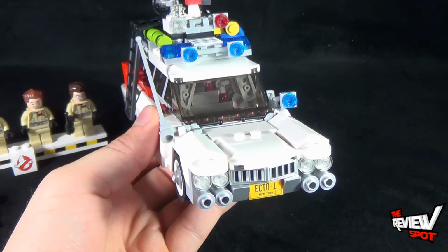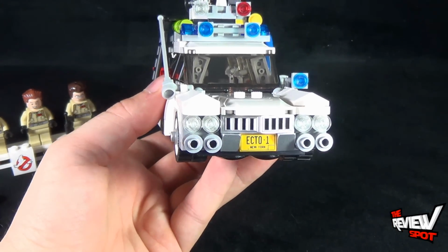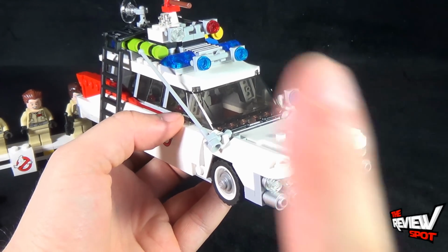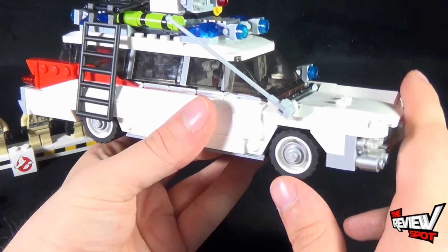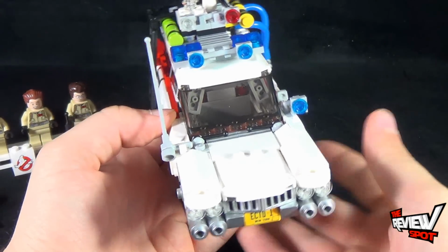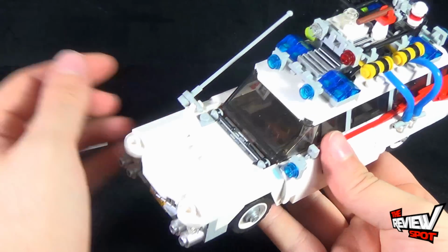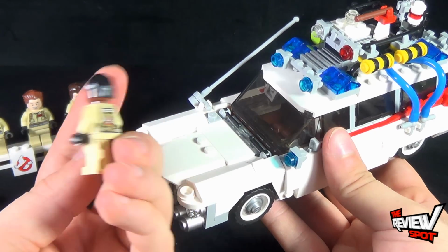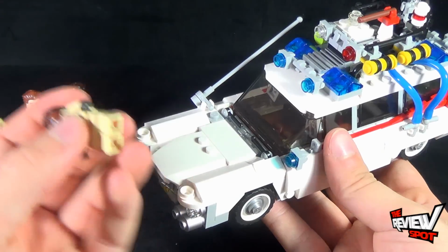Maybe you guys have had similar experiences. And I always brought that with me, and I would build things. And the one thing I always built was Ghostbusters stuff. And granted, Lego back then didn't have the printing that they do now, and they don't have all the really neat accessories. So when it came to the